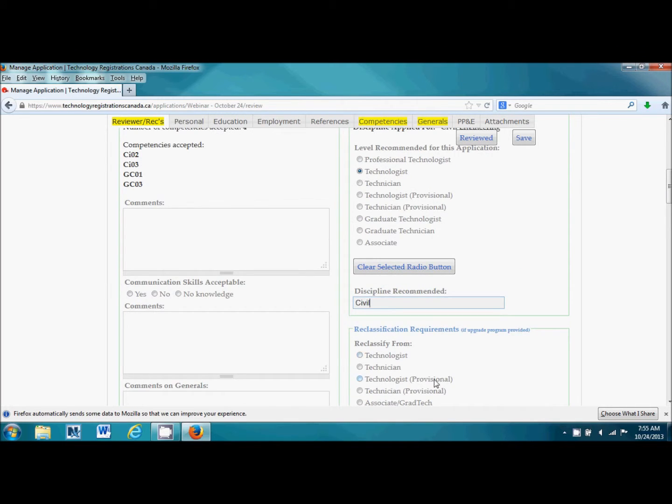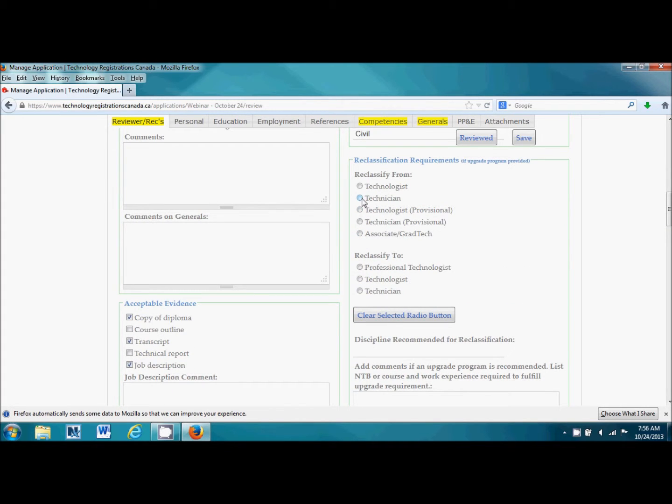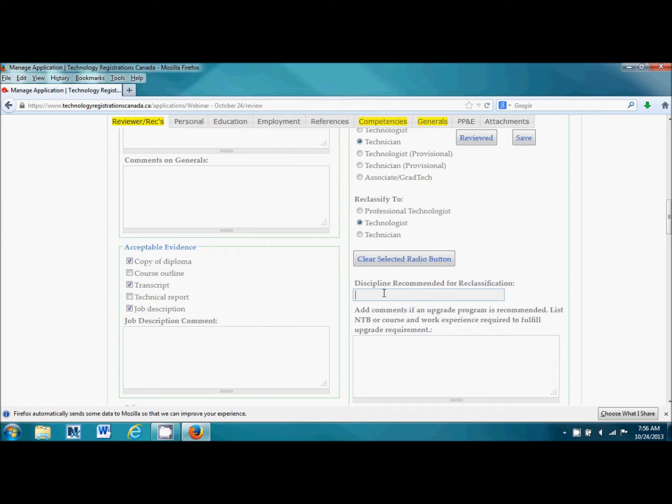What we are going to do here is, if Mr. John Doe is not qualified for technologist yet, maybe he is qualified for technician, you will recommend him to be a technician in civil engineering, and in order for him to advance from technician to technologist in the civil discipline,